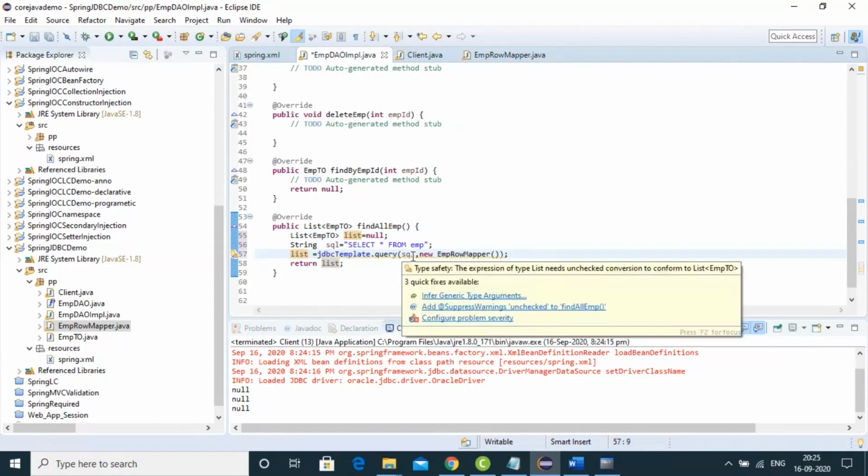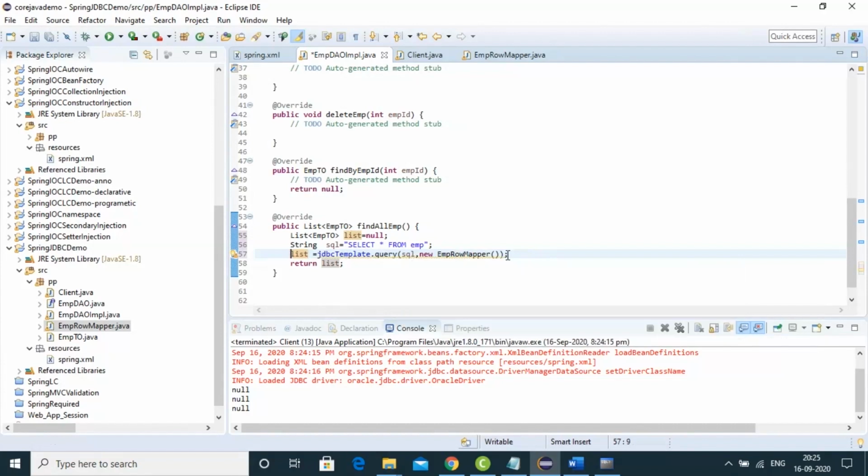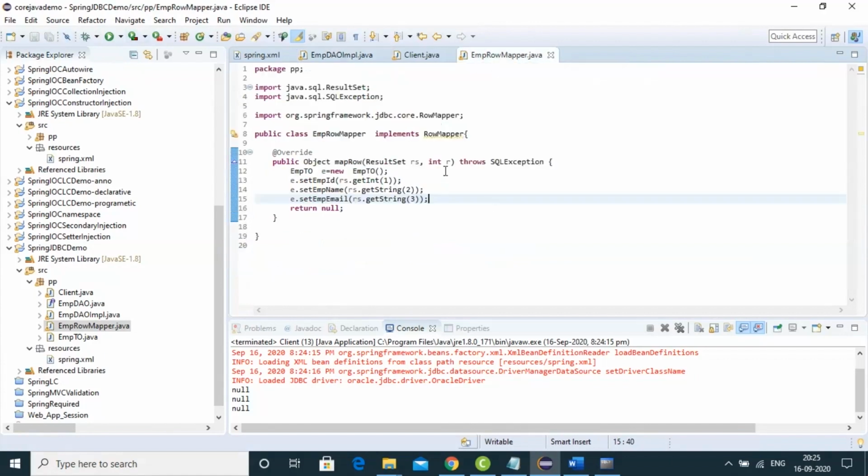Passing the SQL query, select star from emp, and new EmpRowMapper. I got the list and it is returning the list. Now what is the new EmpRowMapper doing? Implementing RowMapper. Now this RowMapper implementation,